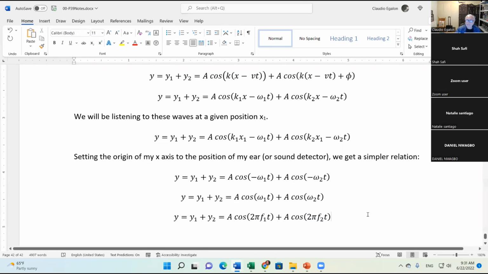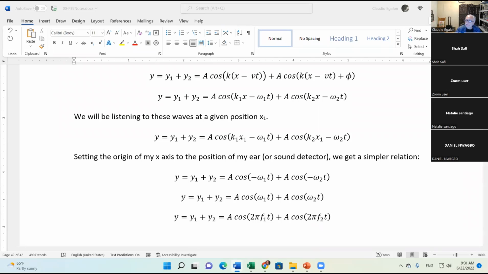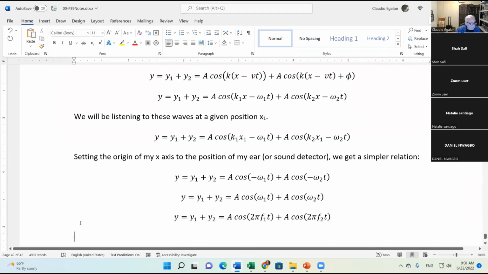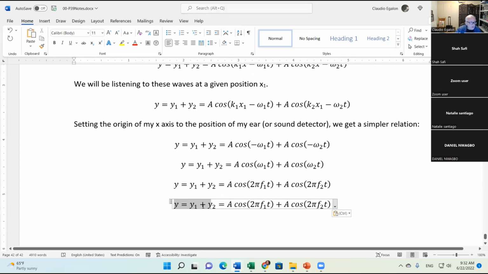And now we apply that magical relationship again that we had before, this time for the cosine instead of the sine. We're going to be using that relationship over and over again. Cosine of A